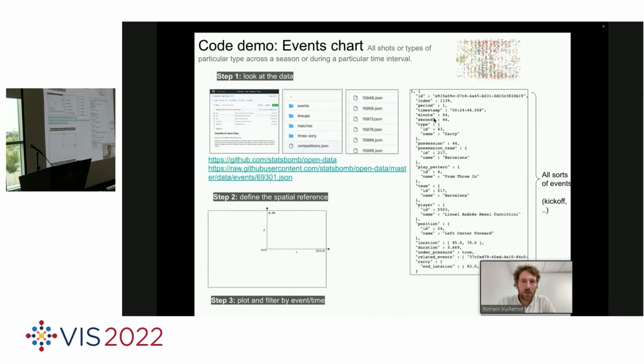So how to build event charts? First, we're going to look at the data. That's probably the very first thing you need to do. Once you have the data set available, so we assume the data set is here, you just received it, and we're going to go through